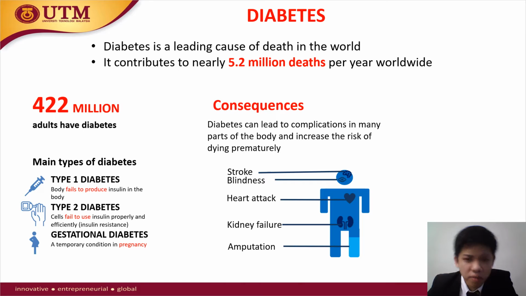Without further ado, I'm going to talk about diabetes first, as diabetes is a leading cause of death in the world. It contributes to nearly 5.2 million deaths, and there are around 422 million adults with diabetes, according to the World Health Organization. There are three main types of diabetes: type 1, type 2, and gestational diabetes. The consequences include increased risk of premature death, stroke, blindness, heart attack, kidney failure, and worse,